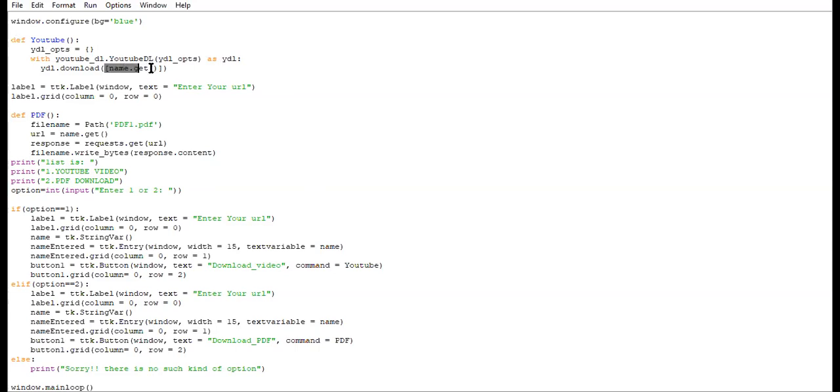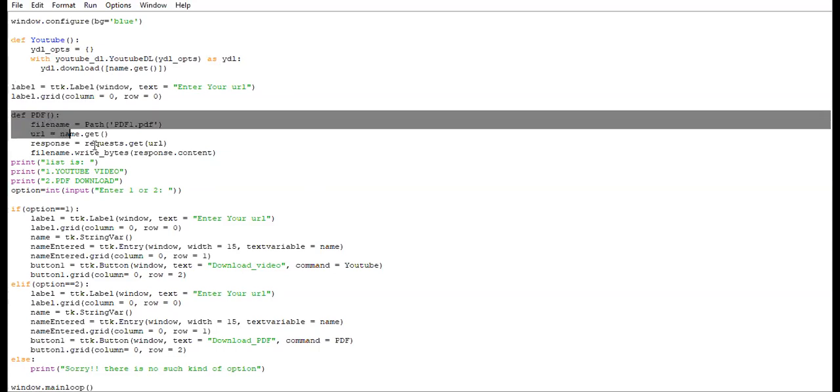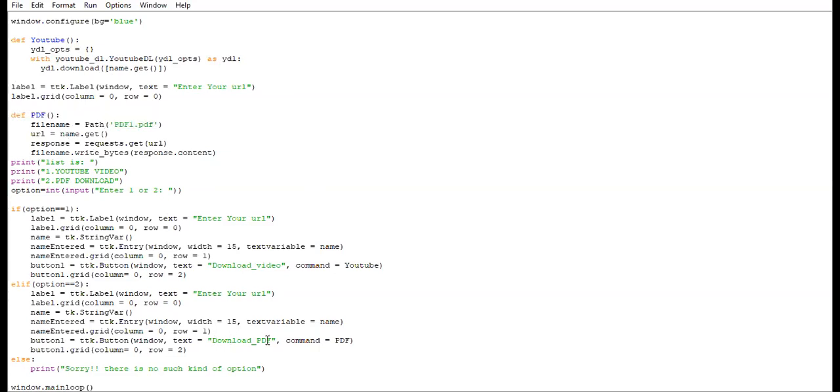Here it will get whatever URL you enter, and ydl.download will download that video to your system. Then this will enter. Then PDF, if your option is Download PDF, this PDF function is called.